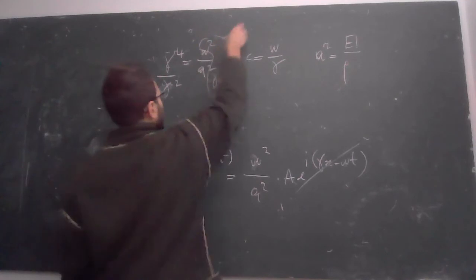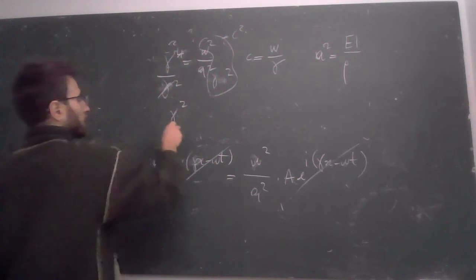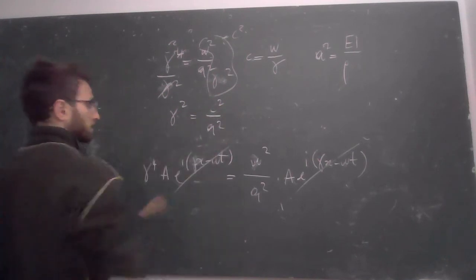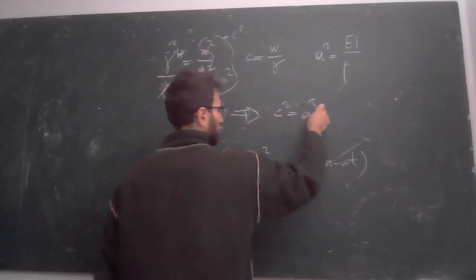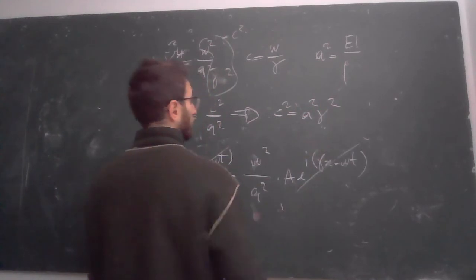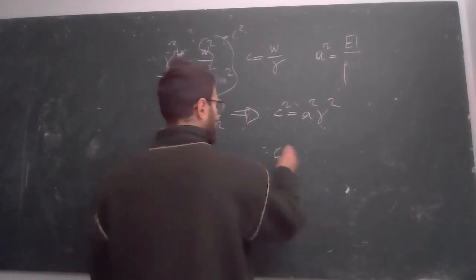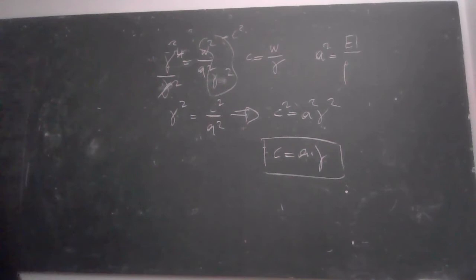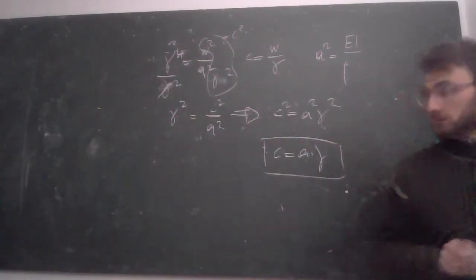So we have gamma squared is equal to c squared over a squared. So c squared is equal to a squared gamma squared. So c is a times gamma. A times gamma, yeah. This is important. A times gamma. This is the dispersion curve